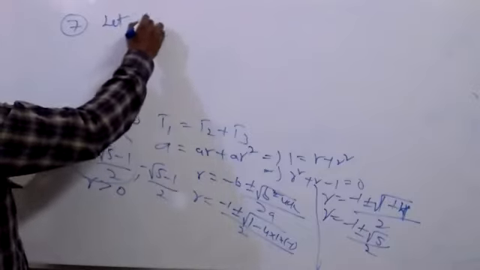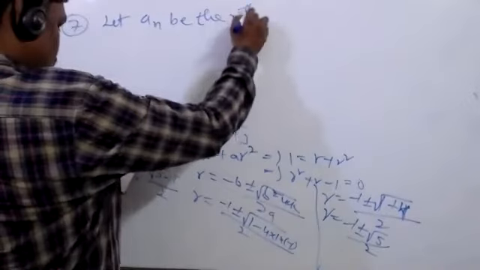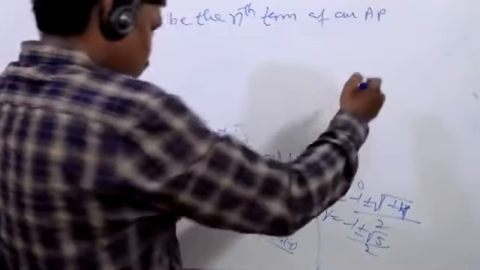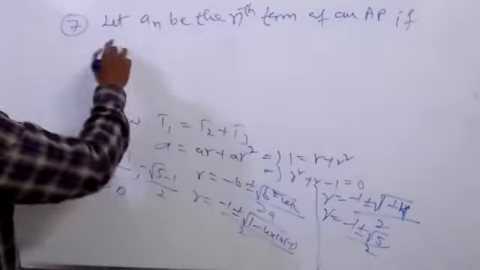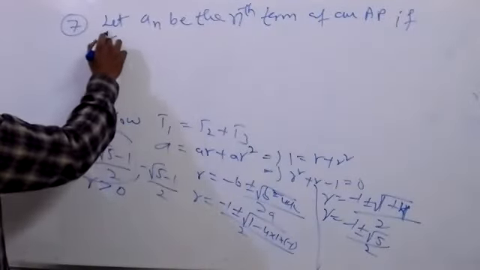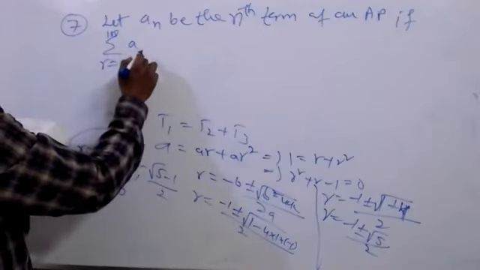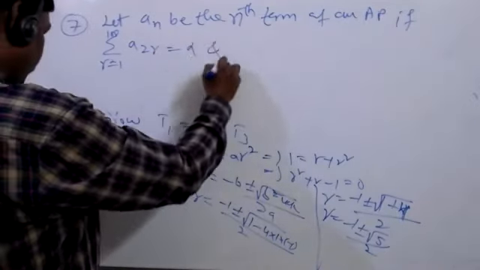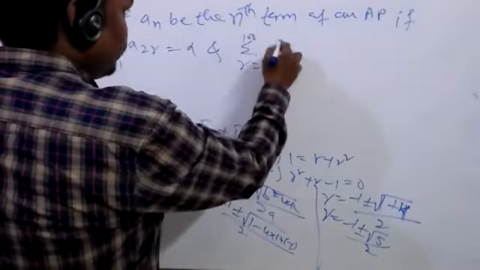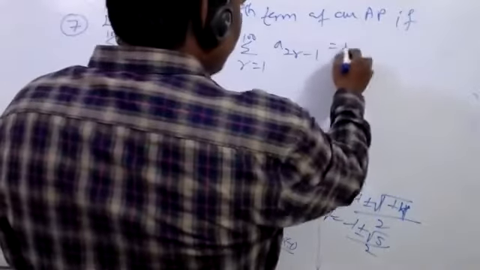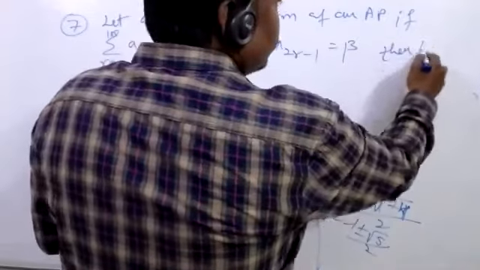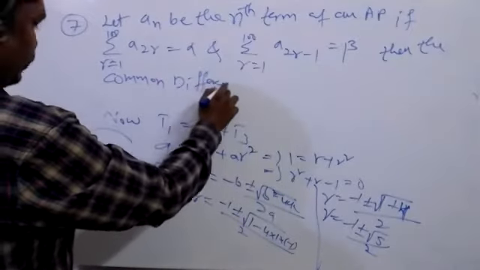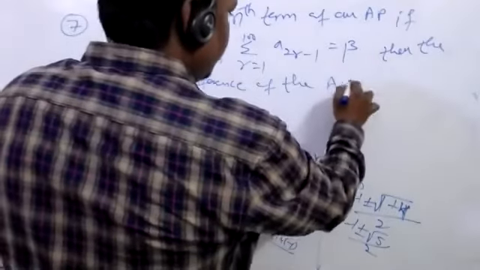Let an be the nth term of an AP. If sigma r equals 1 to 100, a2r is equal to alpha, and sigma r equals 1 to 100, a2r minus 1 is equal to beta, then the common difference of the AP is